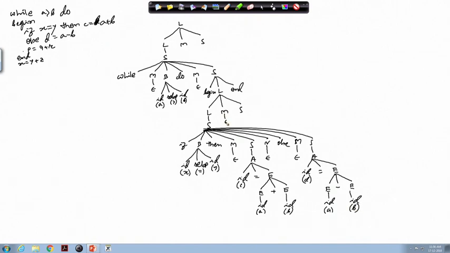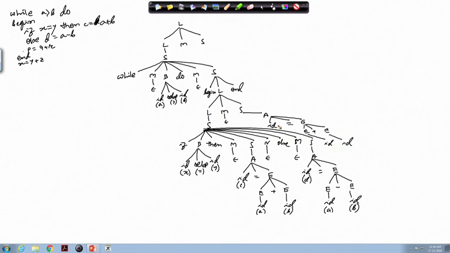Now, this M gives me epsilon. Now, this S will give me the next statement P equal to Q plus R. Okay. So, it will have S producing A, A producing ID equal to E and this E producing E plus E. So, this is ID, this is ID.